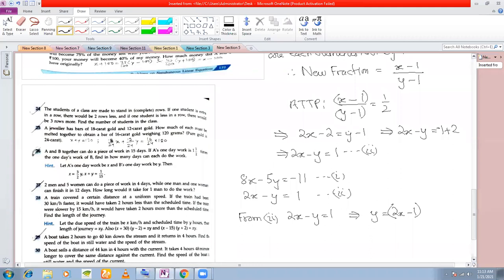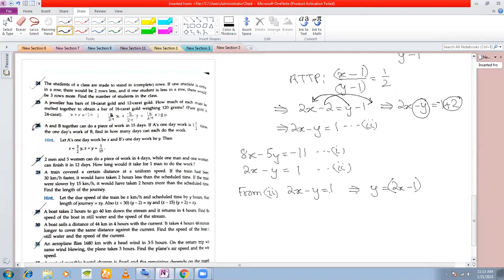See, what I have done is I have taken y this side, okay? So from plus y it becomes minus y. And I have transposed minus 2 this side, so from minus 2 it becomes plus 2. Now understood? Sir, minus 1 plus 2 is equal to minus 1 or 1? Minus 1 plus 2 is 1. Oh, sorry, it happens sometimes.